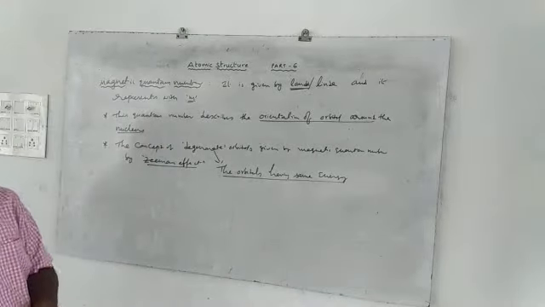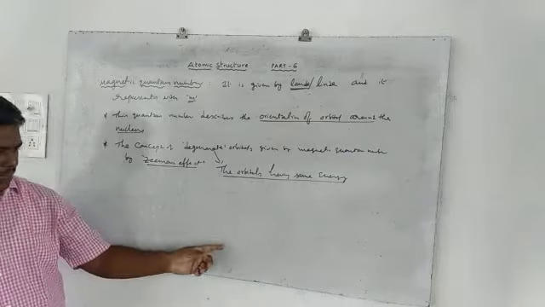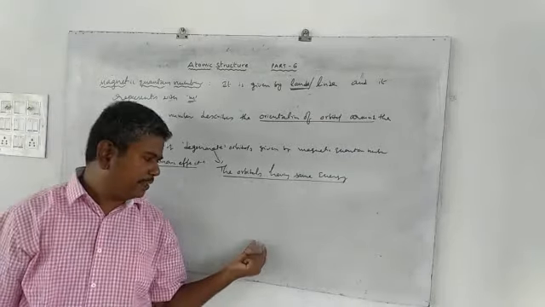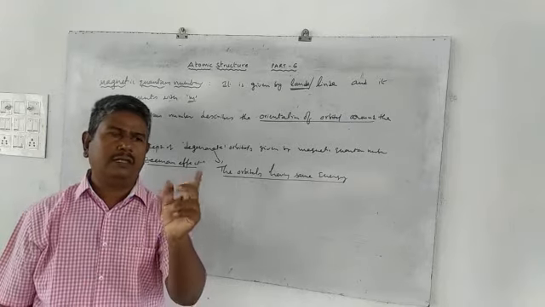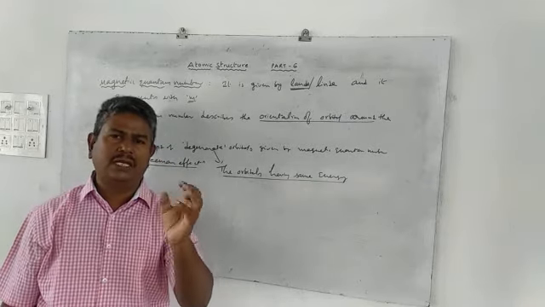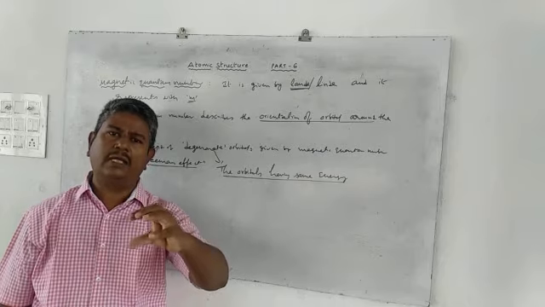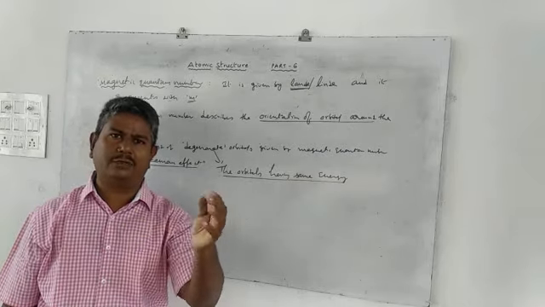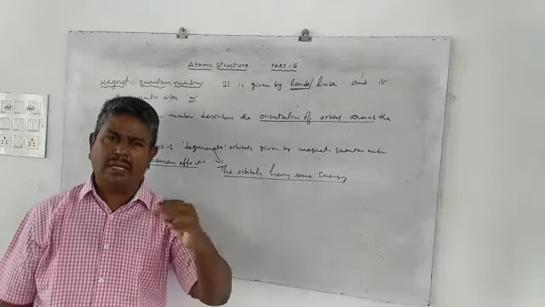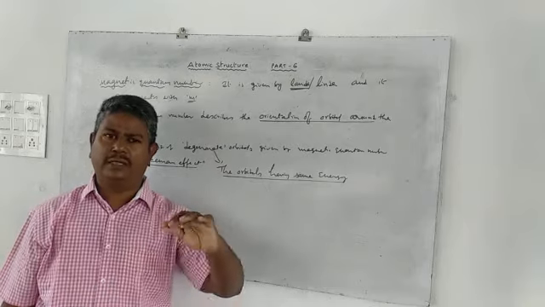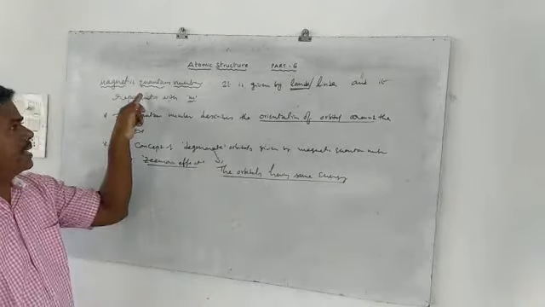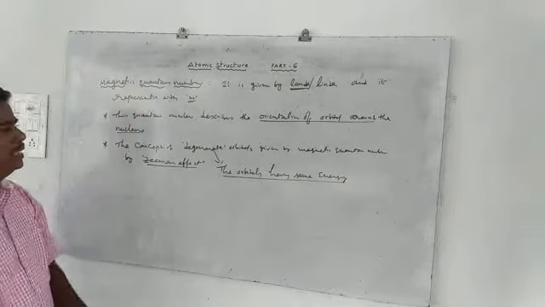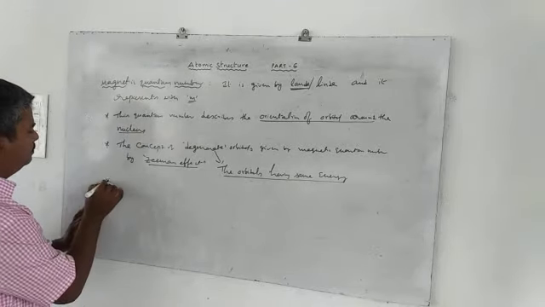Degenerate orbitals. That means in the previous topic only we discussed that p accommodates 6 electrons. That one, the p subshell consisting of 3 parts, as well as d orbital accommodates 10 electrons. That means that consisting of 5, as well as f accommodates 14, that consisting of which one? 7. So that will be explained in which one? Magnetic quantum number.